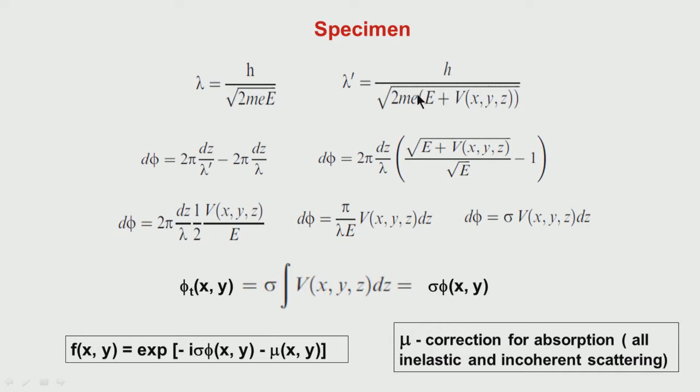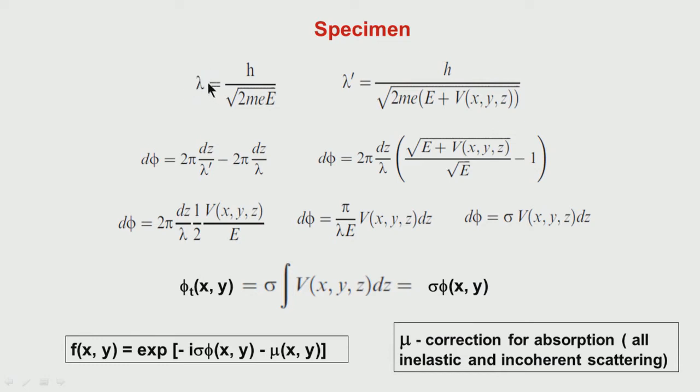Then what will happen when the beam enters a periodic potential? The effect will be that the wavelength of the radiation changes. So if the radiation comes in with wavelength lambda and, on entering, becomes lambda dash, then with respect to the wave which has not undergone any interaction, this introduces a phase shift. That is essentially what we are looking at.